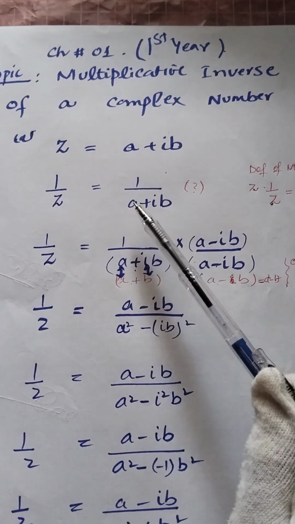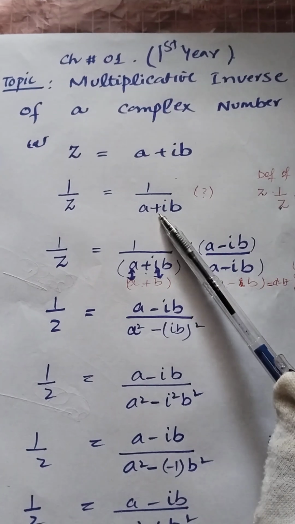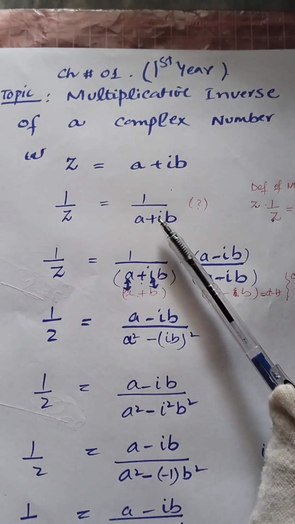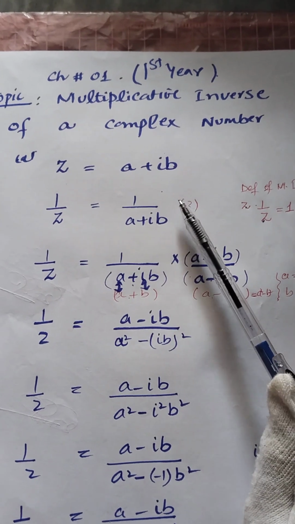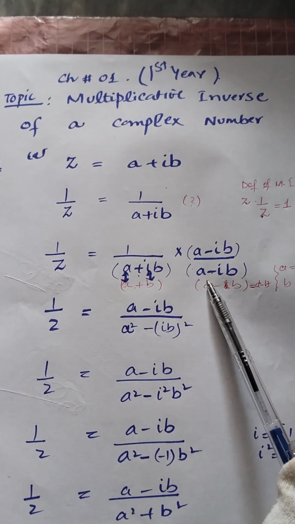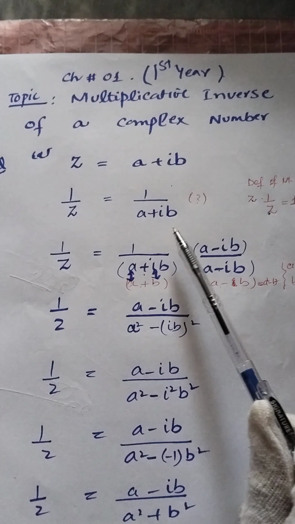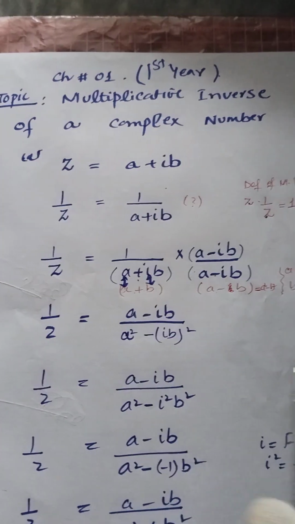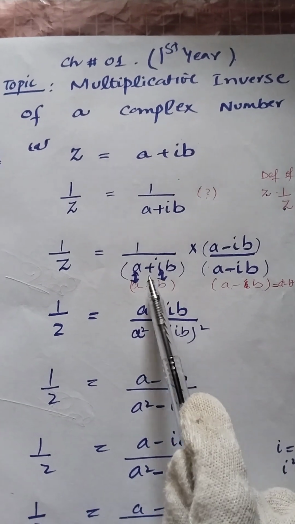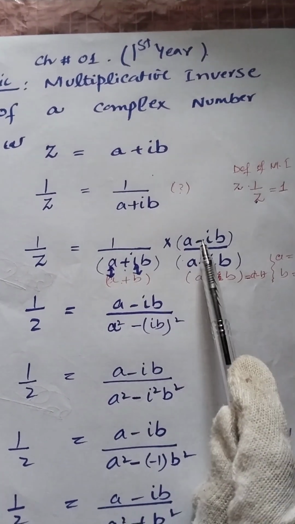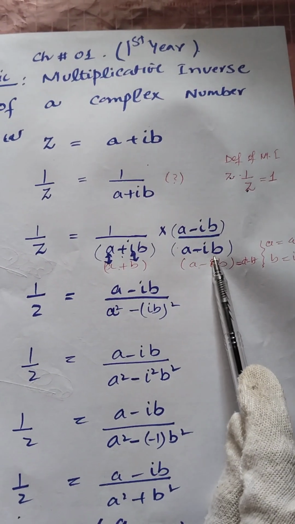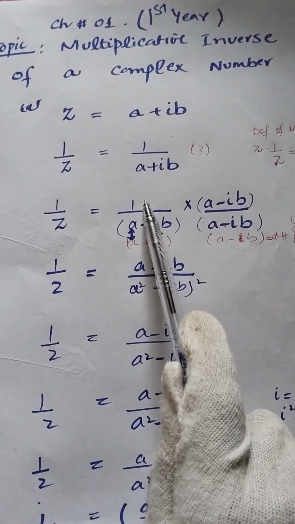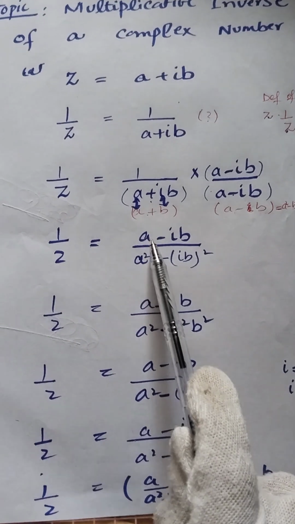Now we simplify A plus iota B, which appears in the denominator. For simplification, we remove iota from the denominator by multiplying the numerator and the denominator with the conjugate of A plus iota B. Conjugate of A plus iota B is A minus iota B. So in the next step, 1 upon A plus iota B multiplied with A minus iota B and A minus iota B. In the numerator, A minus iota B when multiplied by 1 remains unchanged, which is equal to A minus iota B.